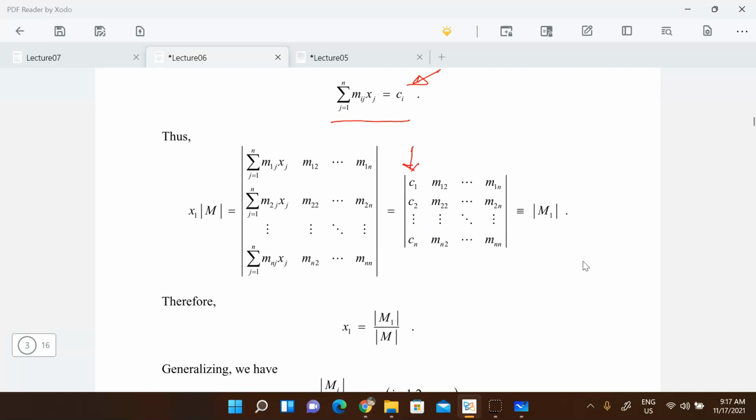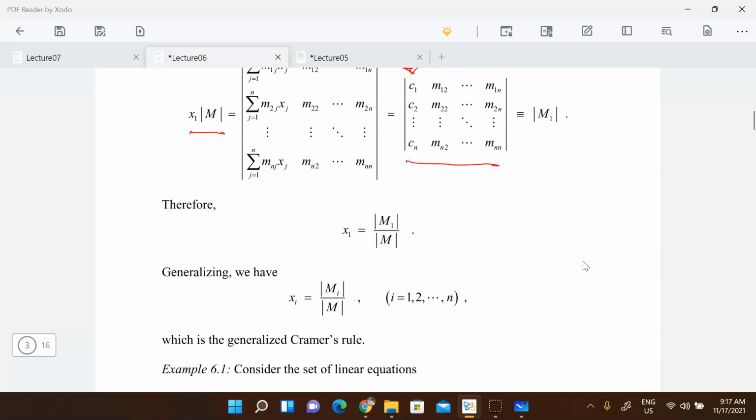Okay, so in other words, this thing here is still equal to the same thing over there. And this is for the case of multiplying x1 to the first column, remember. Okay, so I can do the same for the other columns if I want to. So in general, I can have the variable xi multiplying